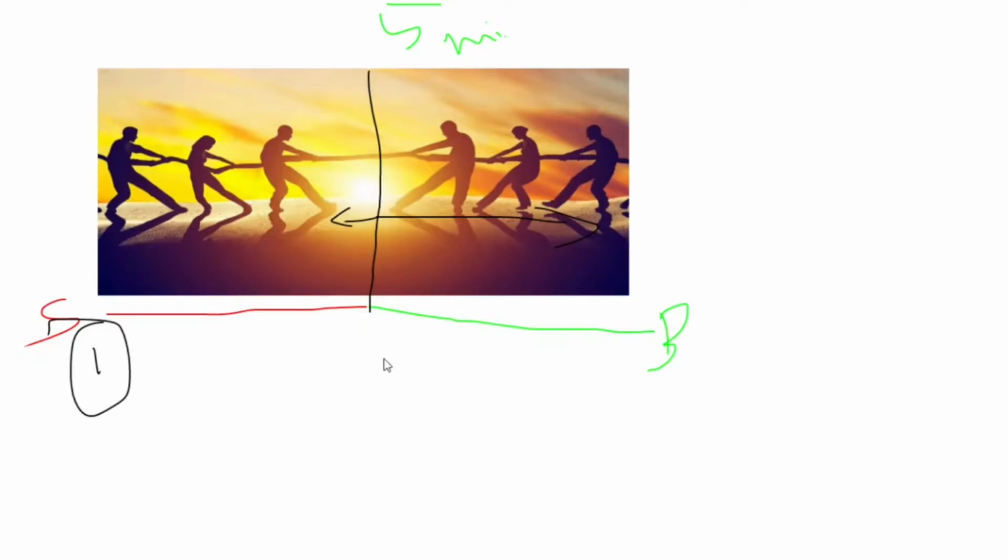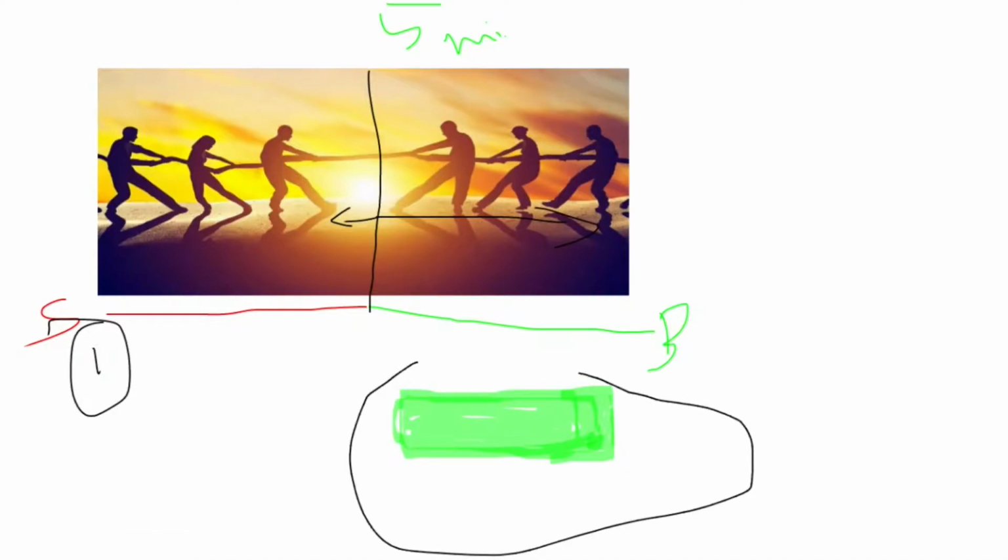Based on my condition, I will mark this side in complete green shade. I just marked this side in complete green shade to indicate that the buyers' side people are very strong to pull that tug to their side from the sellers. So this is how we represent the strength of the buyers in 5 minutes.